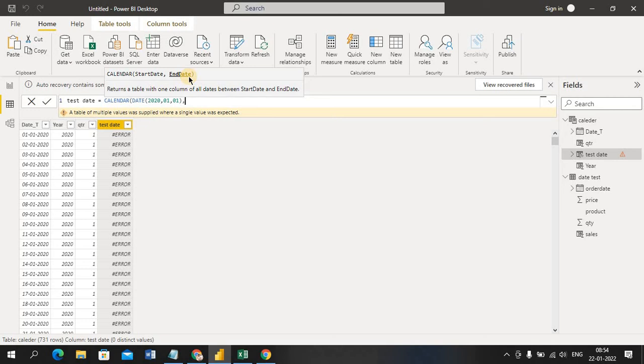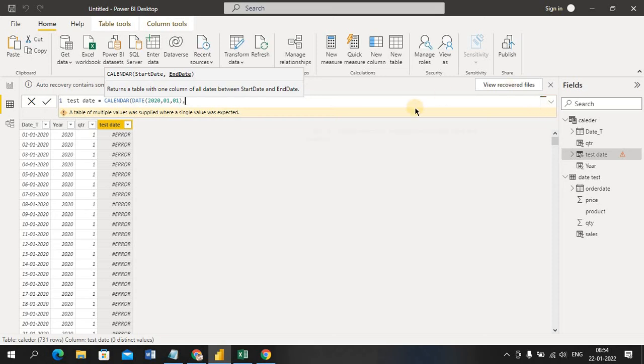If the DAX function written by you is correct, it will go smoothly, else it will go error. If I give a double comma, you can see it will highlight with a red mark. You can see the symbol here in red. This is a kind of alert that your expression is going the wrong way.